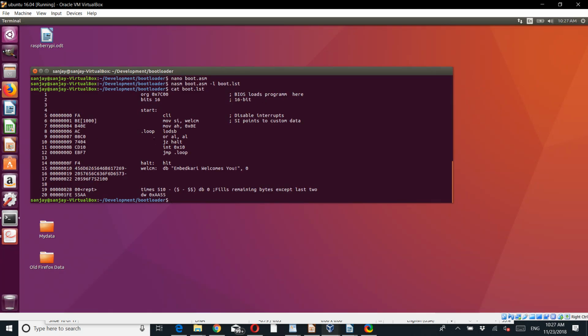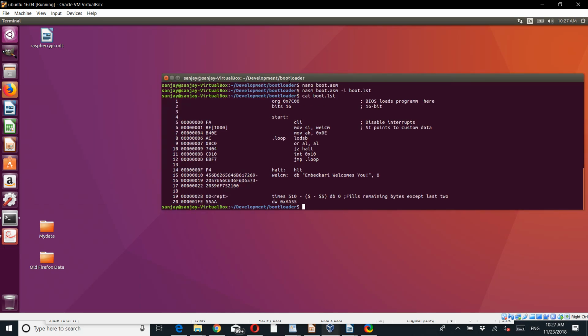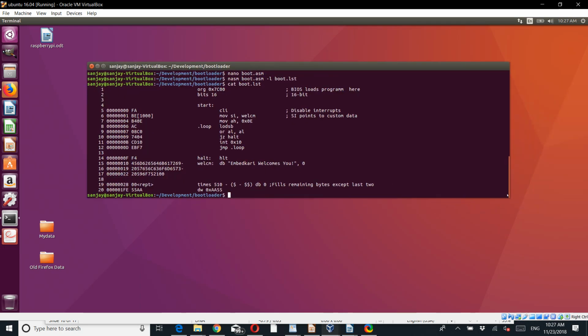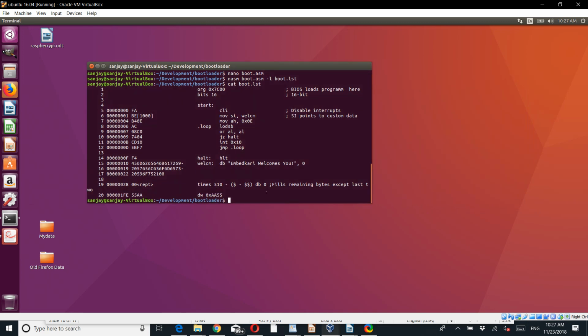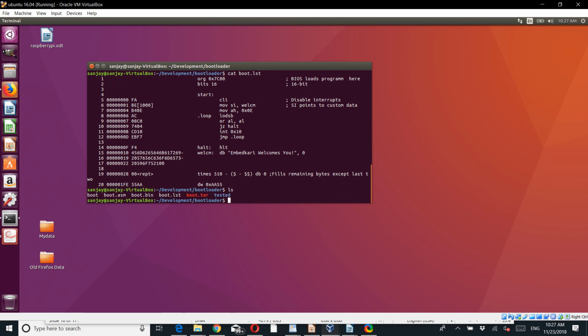So here, my bootloader program is here, and I can check. I tried it. The bin file directory, the bin file is already there. I have already compiled to save time. And let me try a command I was trying. Yeah, this is the command. So if I run it,